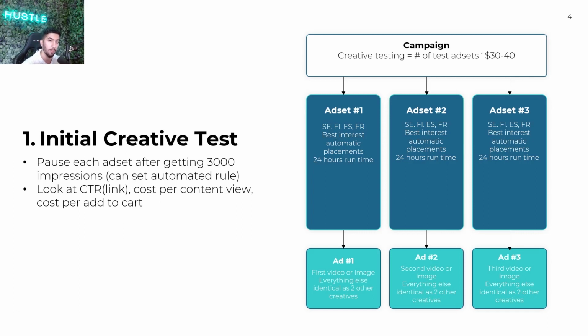So we just let it rip for 24 hours. Automatic placement, you don't change anything else. And the best interest on that niche, if you are testing it, if it's the beginning, of course, if you're running ads, you just stack up the interests or only one interest that is related to your niche, and you just go with that. If you ask me, I recommend you choose the interest that doesn't have more than